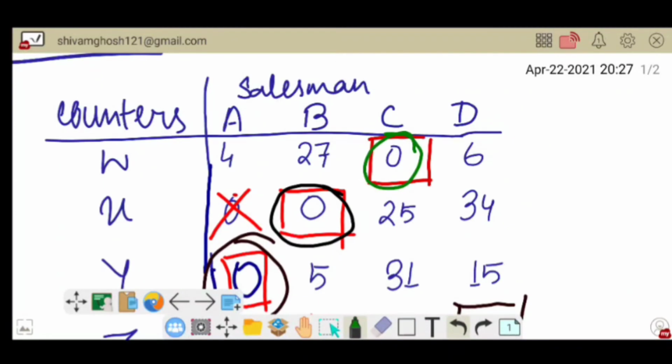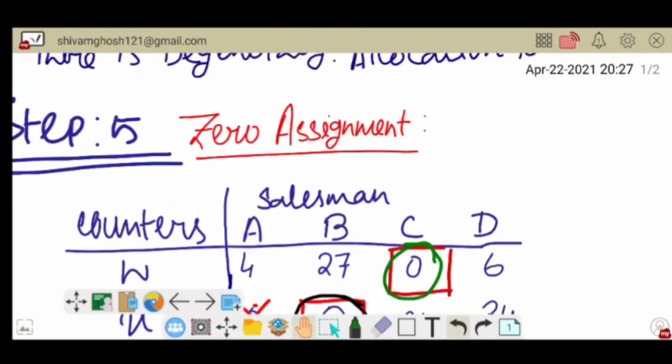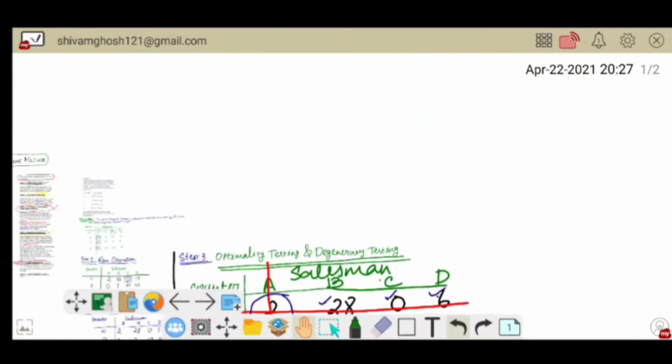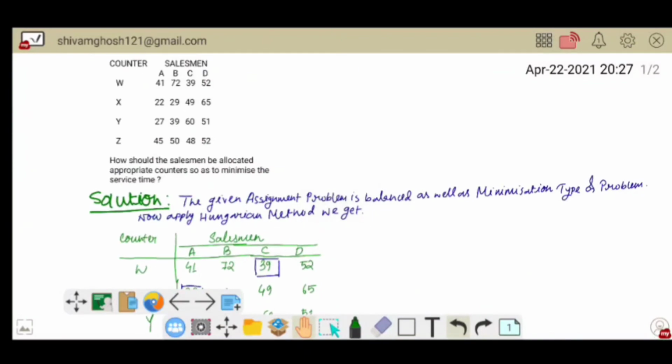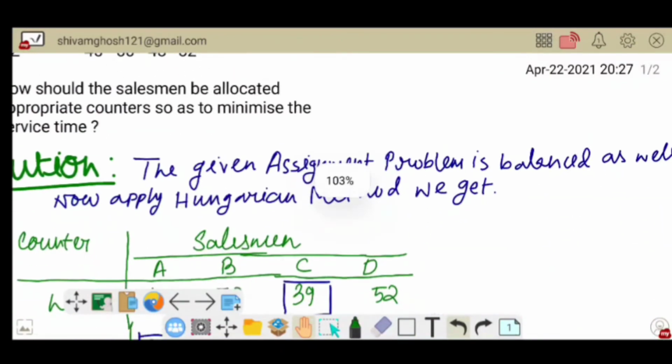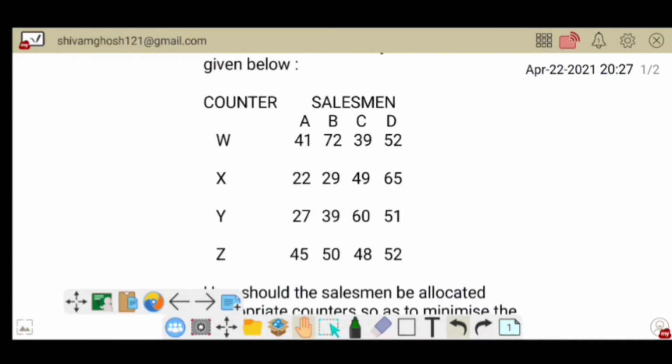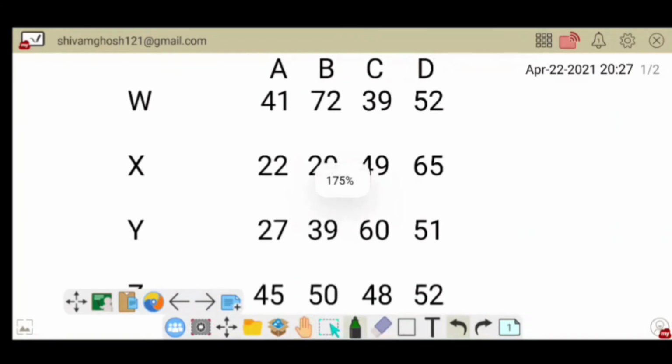For that amount we have to go to our question. So what was that 0 consisting of? From the question we can see that 0 is consisting of 39.